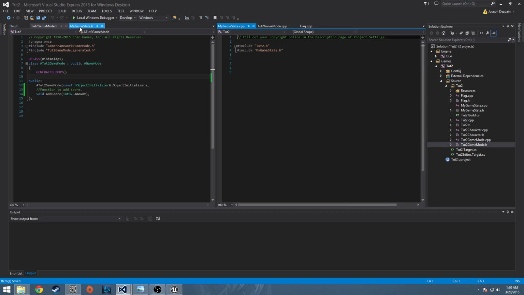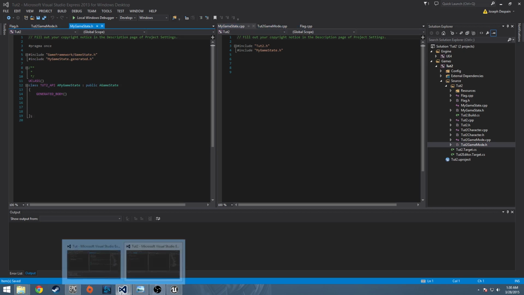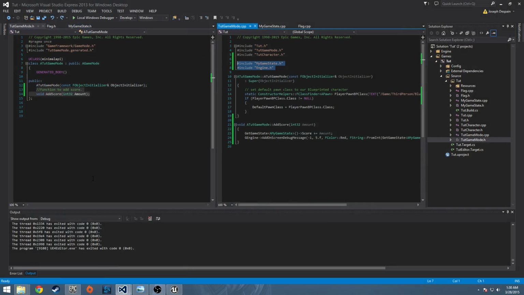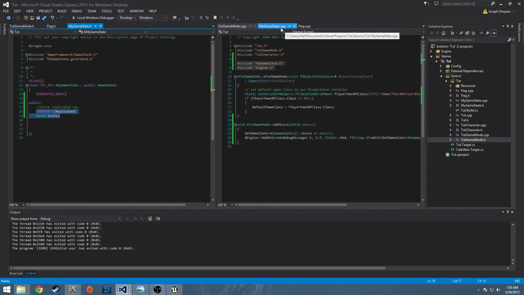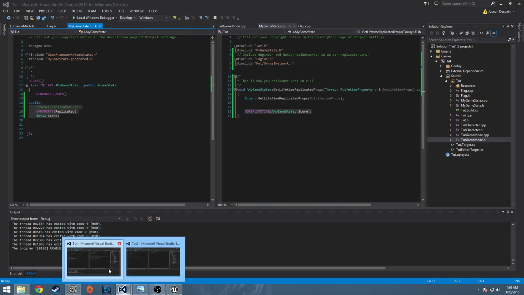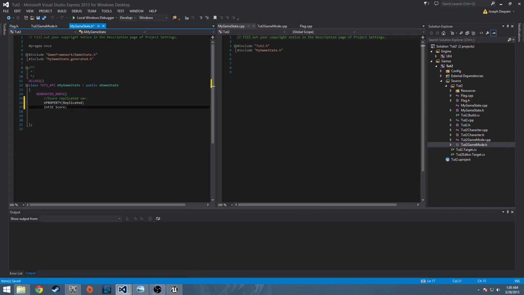So we're going to jump over to game state, and this is a really important part I want you to pay attention to. I'm about to show you how to replicate variables. This is really important in networking games. So I have this variable, int32 score, and then I have UPROPERTY replicated. That's how we are going to replicate it, but we have to do something over here in C++, in our